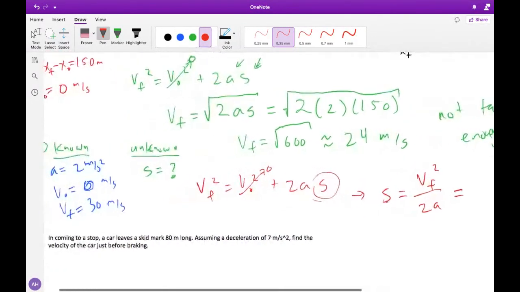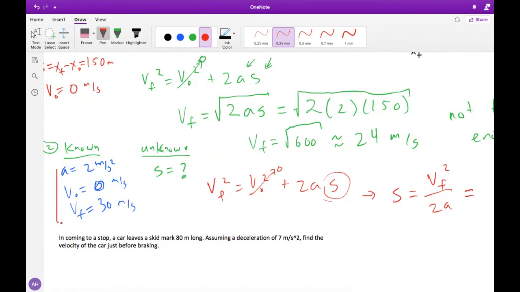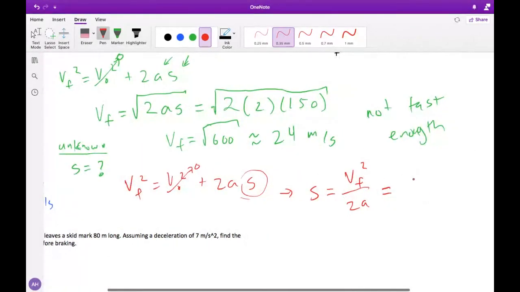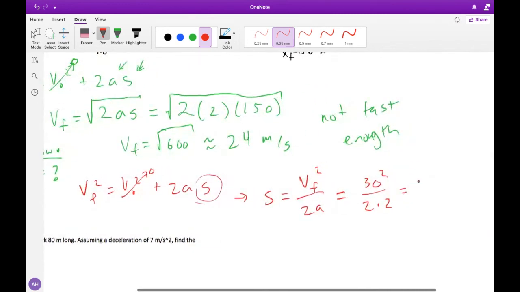So now we can just plug in our knowns. We know that the final velocity has to be 30 and the acceleration was 2. So we have 2 times 2. So now this gives us 900 over 4,